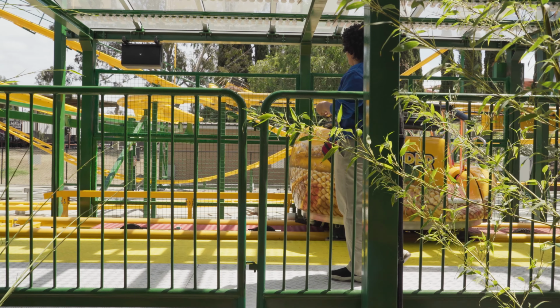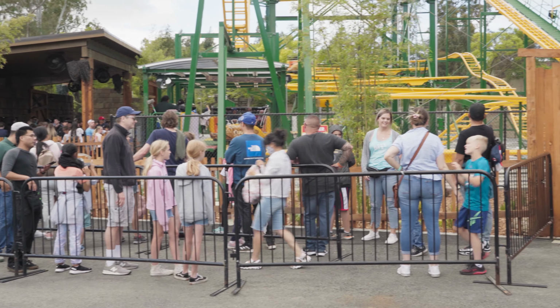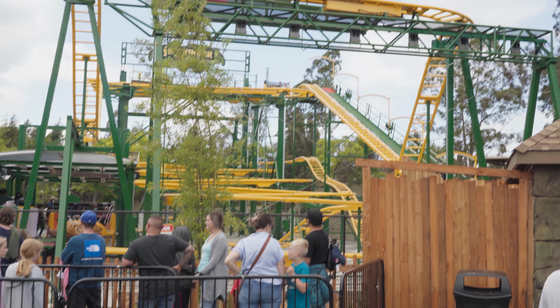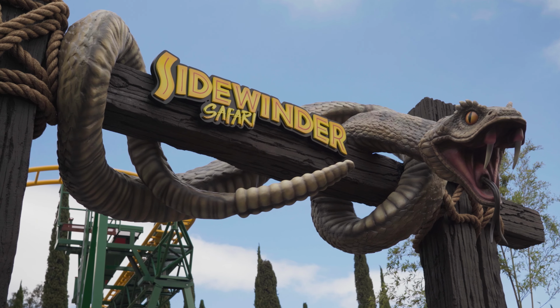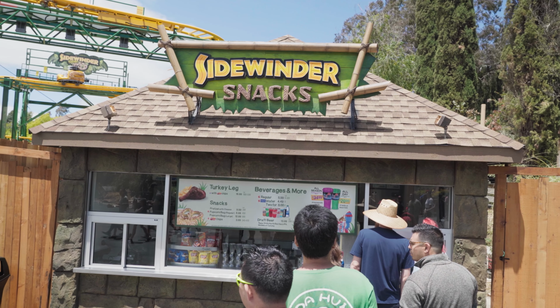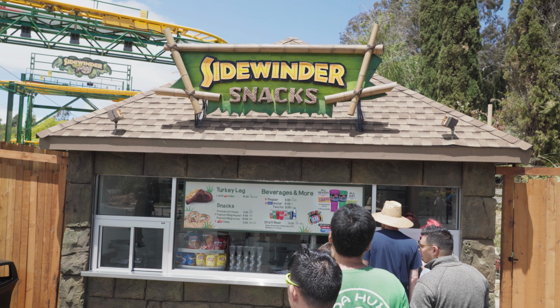Even with this added efficiency, this ride was still very popular on its opening day, attracting long lines in the afternoon and gathering more people at the back of the park than I have ever seen in my few years covering Discovery Kingdom. In addition to the ride itself, the park also refreshed the former Odin's Snack Shack into Sidewinder